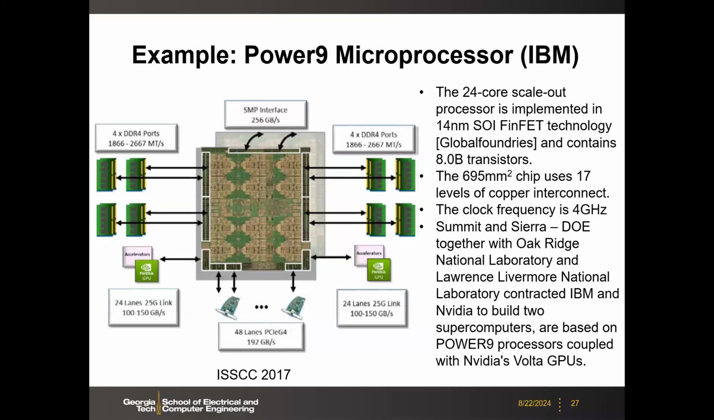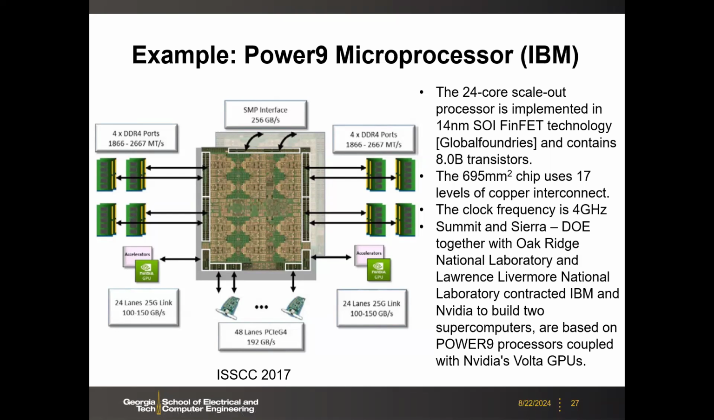This is a POWER9 microprocessor from IBM, published in ISSCC 2017. It was fabricated in 14 nanometer SOI FinFET technology by GlobalFoundries. IBM has a partnership with GlobalFoundries. This processor has 8 billion transistors. The total die size is close to 700 millimeters square, and the clock frequency is pretty high for this one. This is for high-end,